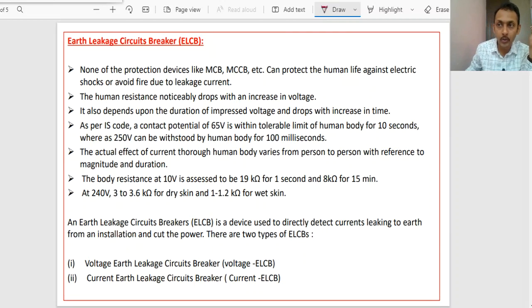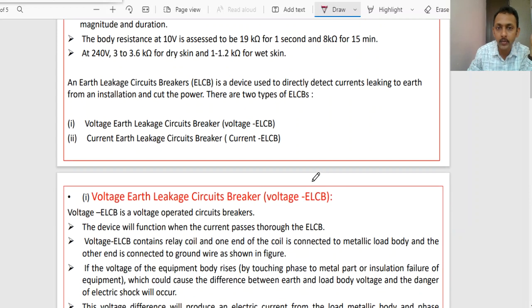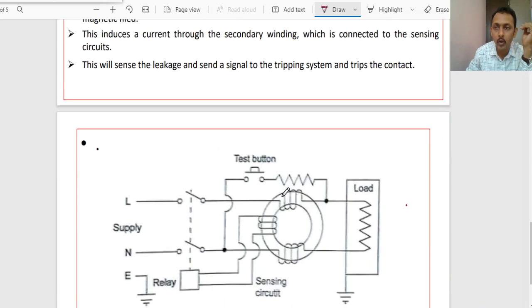In this video, we are going to discuss the earth leakage circuit breaker. In the previous videos, we have seen the fuse element and the circuit breaker MCB, right? Here, we are going to discuss the earth leakage circuit breaker: the different types we have, like voltage earth leakage circuit breaker and current earth leakage circuit breaker, and their operation, their diagrams, all those things we are going to discuss in